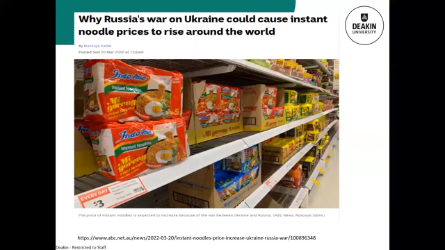And this example comes from March last year, just at the early stages of that war. And as we just saw there, Ukraine and Russia are some of the biggest suppliers of wheat in the world. And this example is showing how that had a flow-on effect to products and commodities made with wheat, and in this case it's instant noodles.